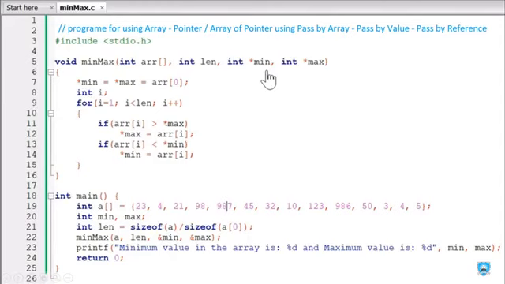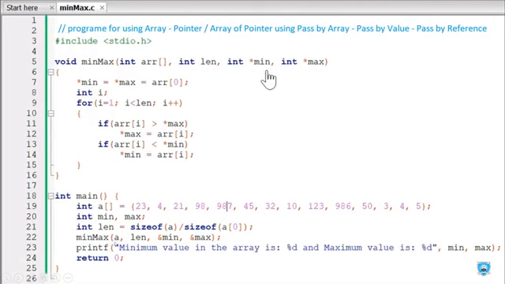Same here, array of i greater than star max means pointer max, array of i less than star min means pointer minimum, and by this process we find the smallest value in star min and the biggest value in star max.